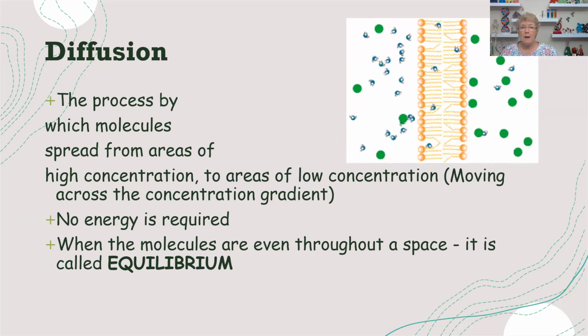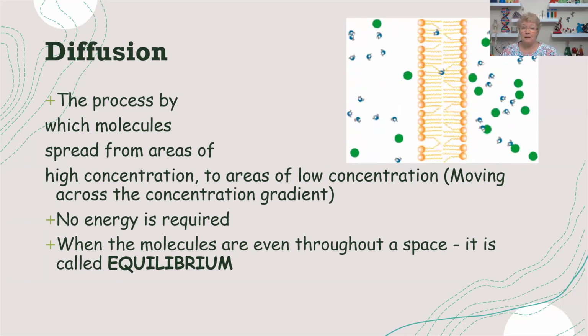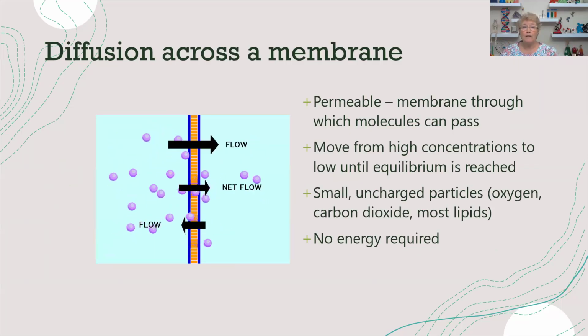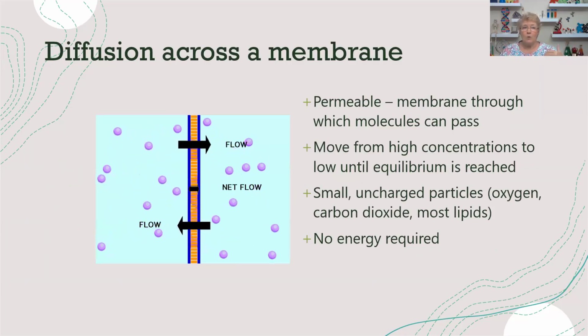Now, diffusion can happen when there isn't a membrane. Diffusion can also happen where there is a membrane. So if a membrane is permeable, that means things can pass through it. Semi-permeable means some things can pass through it, but not everything. But they're always going to move from where they're highly concentrated to where they're not concentrated until we get to